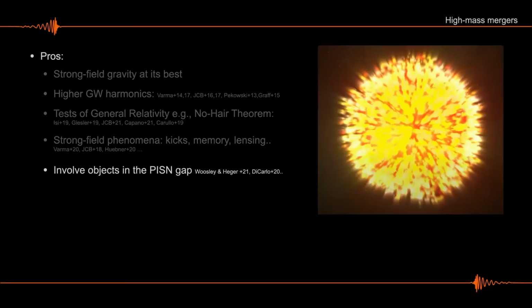Since the objects involved in these mergers are going to be, by definition, very massive, they may have masses that in principle we do not expect to see for black holes. And this is because the main channel for black hole formation is the collapse of stars through supernovae. And we know that there is a process called pair instability supernovae that basically prevents black hole formation in the range of 65 and 120 solar masses. So if you observe one of those, then you can start to test the idea that this black hole should be the product of a previous merger, and therefore that's going to tell you about the properties of that environment, because that environment needed to retain the black holes formed after those mergers.